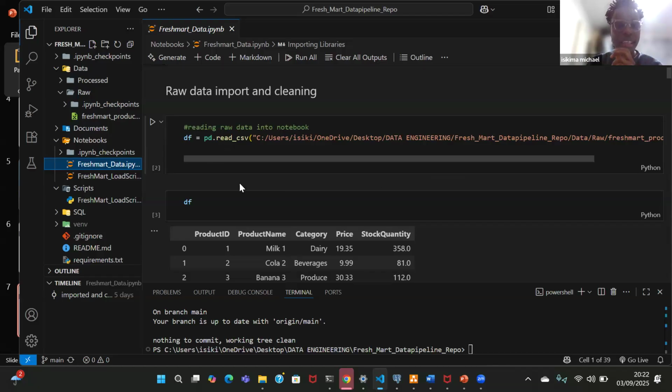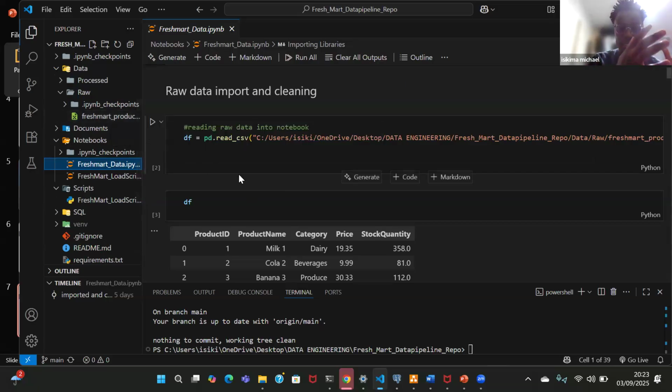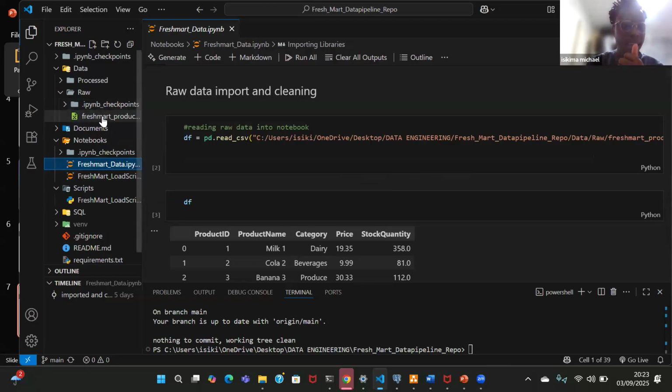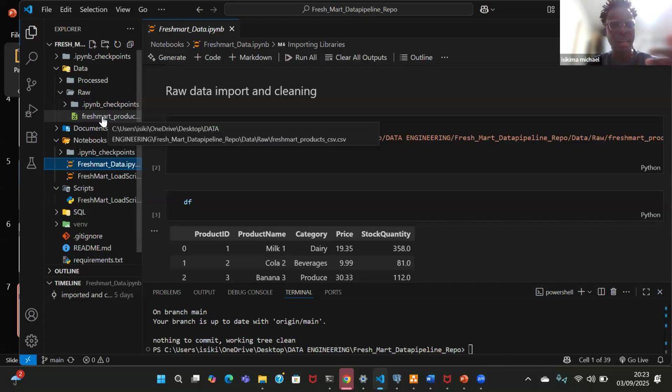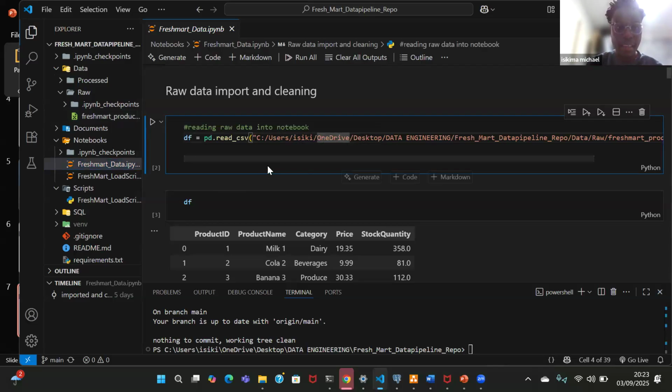So we're going to be reading that data. Remember that this data here is in a CSV file. So we want to import that CSV file. That simply means we want to carry that CSV file that contains the data set into the Python notebook so that we can clean the data. So this is the code that we'll be using, pd.read_csv, and then we copy the path where this file is. And when I say copy the path, I mean if it's in your desktop folder, you just copy the path and then you paste it here. Now, when you paste it here and you run it,